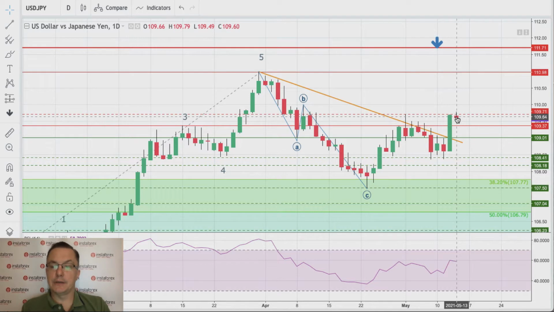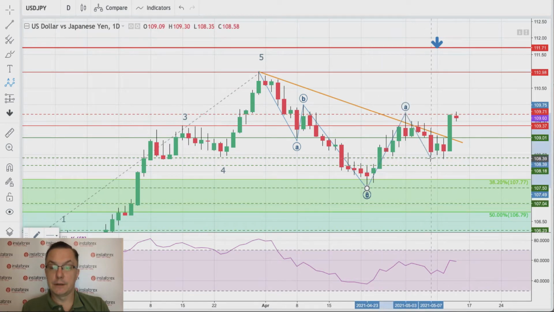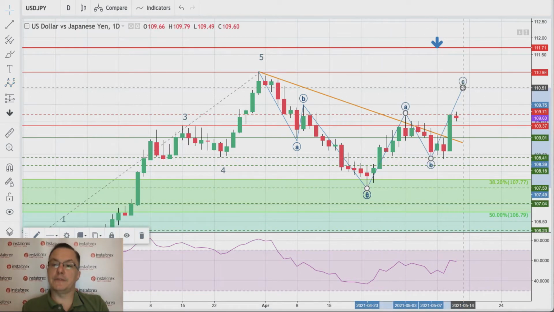As you can see, the question is whether it will be continued or not, because it looks like a one-off bounce. Nevertheless, this move here might be considered as a wave A or wave 1. So let me just put some waves on the pattern. Let's start with the ABC. So this would be wave A, this would be wave B, completed. Now we should wait for the wave C.